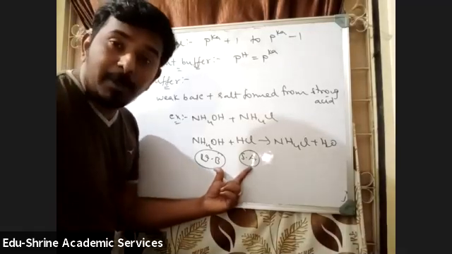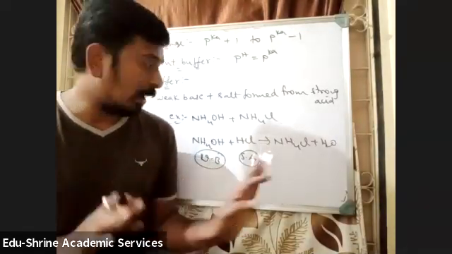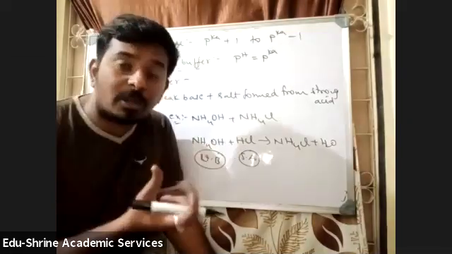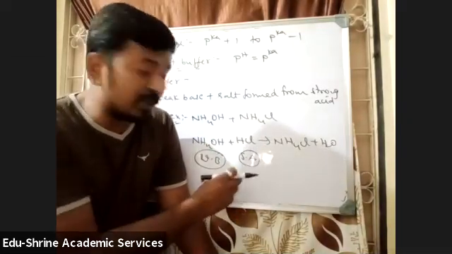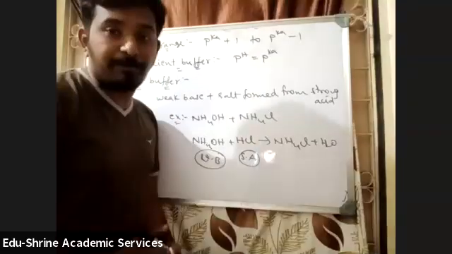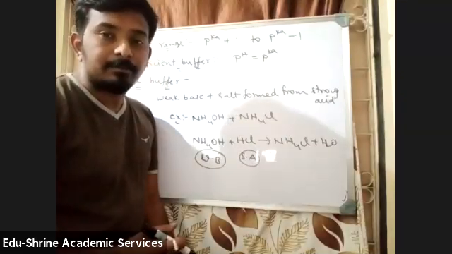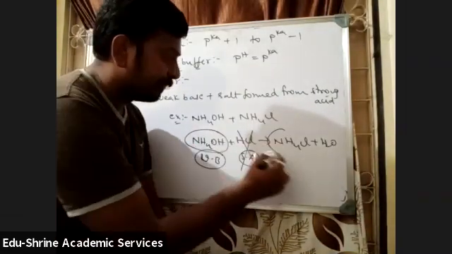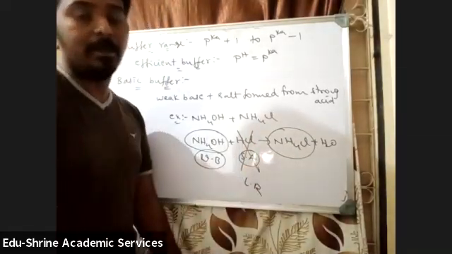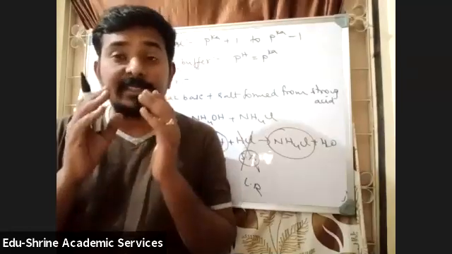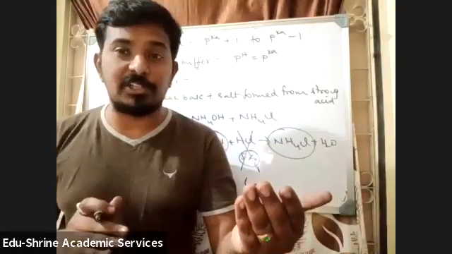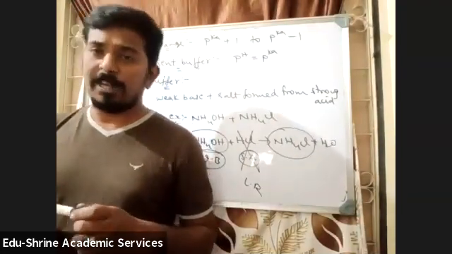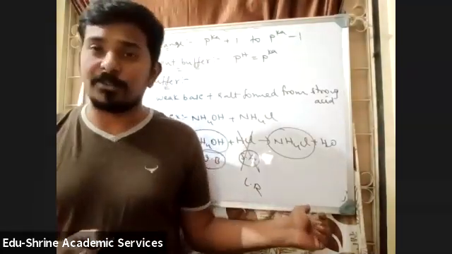Again, with weak base plus strong acid, either it can undergo salt hydrolysis or it can be a buffer. When both are in equal quantities, it will be salt hydrolysis. When it will be a buffer, tell me students, what must be the limiting reagent? Yes, HCl must be the limiting reagent, so only these two will be present. So for an acidic buffer, strong base must be the limiting reagent. For a basic buffer, strong acid must be the limiting reagent. Very basic and very interesting concept, right?